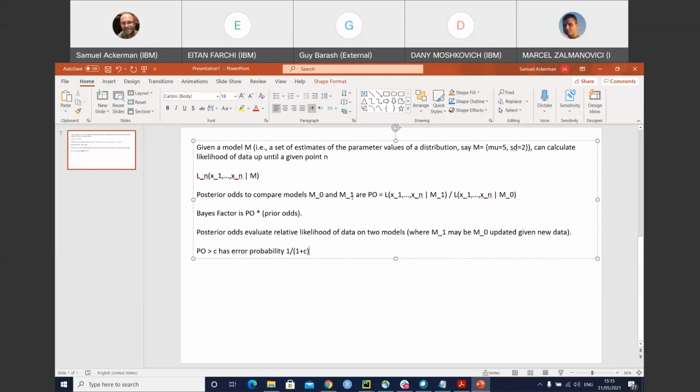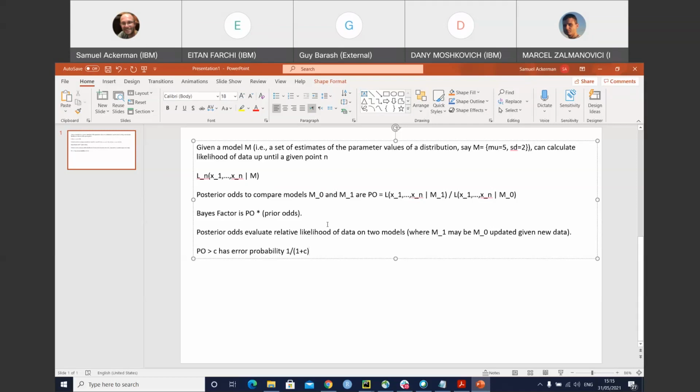By forming this ratio as you observe data over time, you can ask: if my new estimate of the distribution reflects the new data, how much more likely is that than the initial model I started out with? And you can detect a divergence from your initial beliefs in terms of M0,